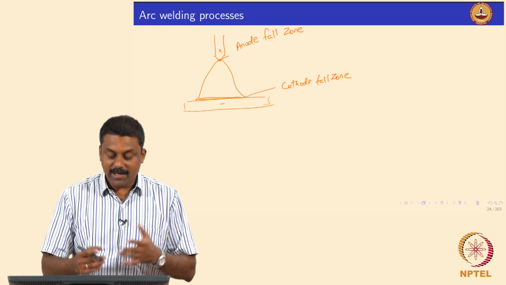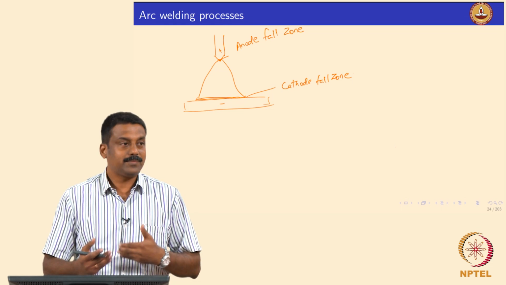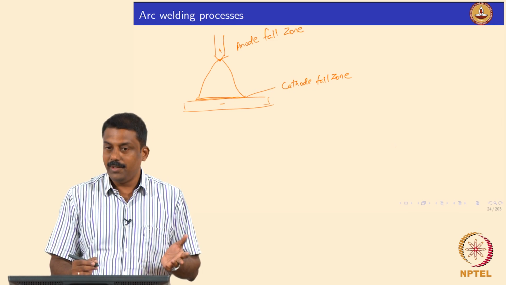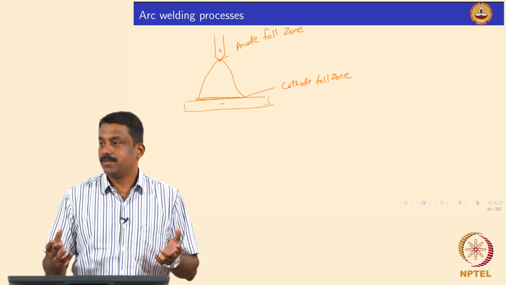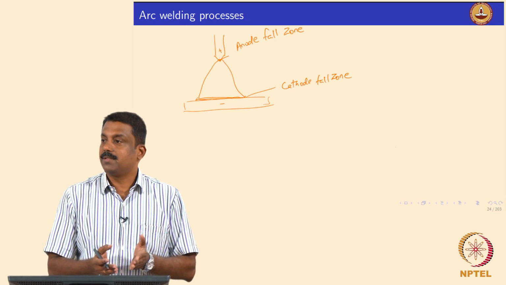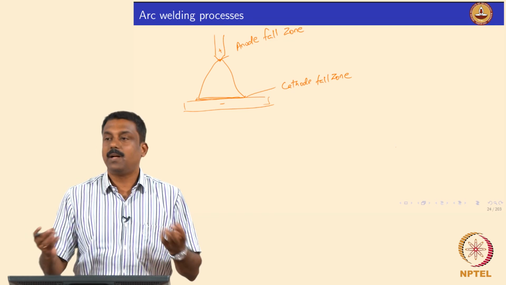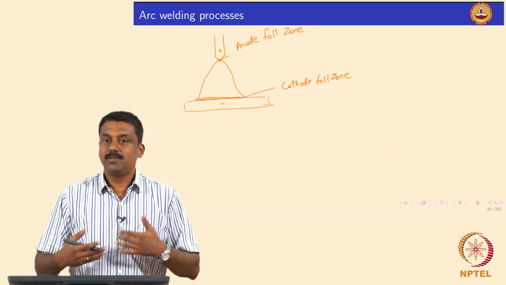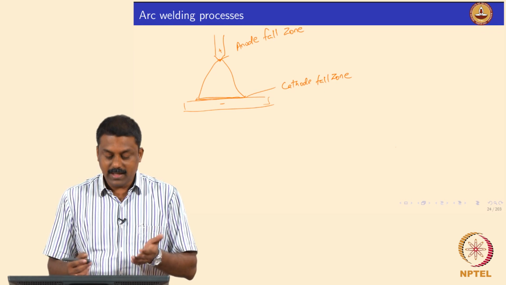In the anode fall zone, because of the positive polarity, it attracts electrons. So electrons accumulate at the tip of the anode and form the anode fall zone, and due to that we have accumulation of electrons leading to improper collisions. The collision is not complete, so the mutual energy exchange is not complete. Therefore, the electron temperatures are much higher at the anode fall zone than elsewhere, because there is not enough energy exchange, because the number density of electrons is much higher than the ions. That also leads to a voltage gradient in the anode fall zone.